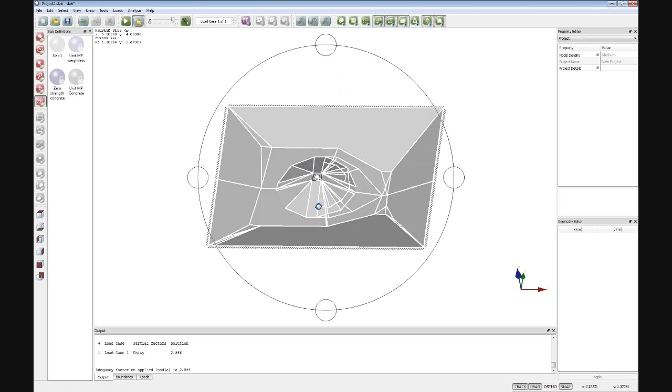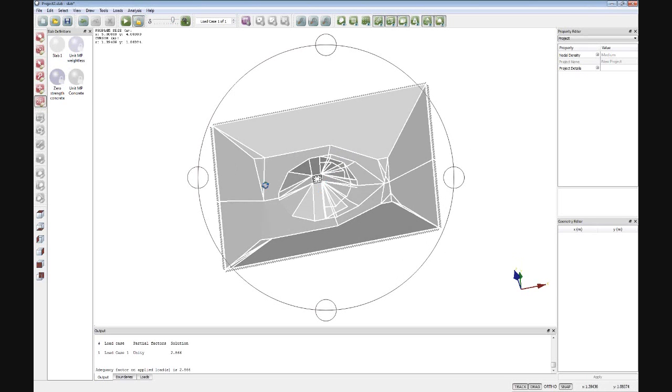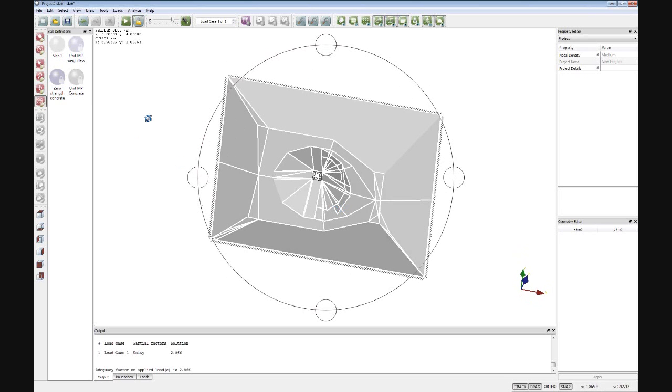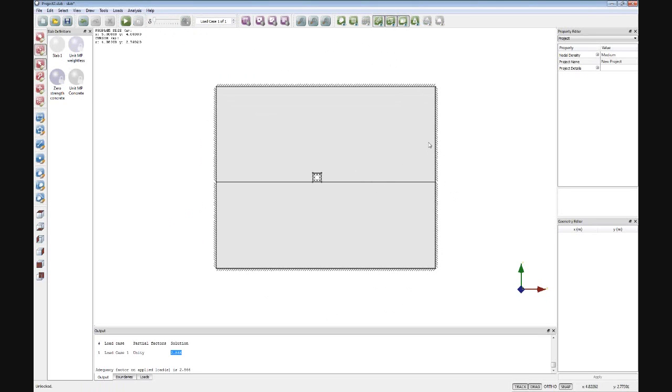So in this case you can see that around the column there the failure mechanism is sort of giving you this wheel. So we've done that, we've added a column to it. We've seen here that the adequacy factor is just over double what we had originally, so it's gone from 1.22 to about 2.86. Another thing we might want to do in this case, if I unlock it, is change the